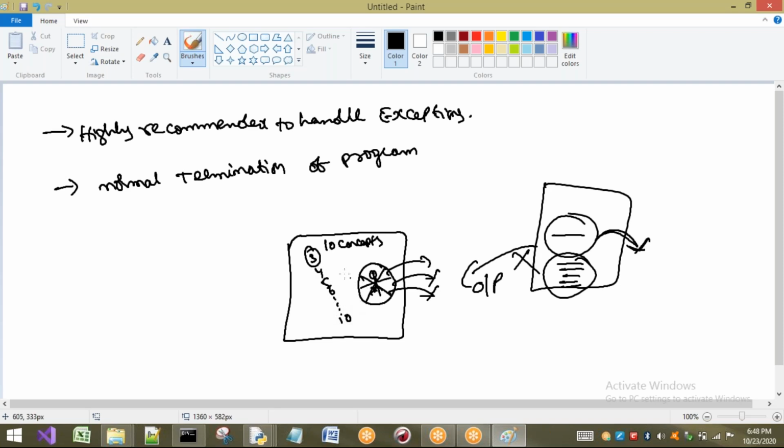That means it is a normal execution, normal termination. But if I stop when he makes some noise, it is not correct. It is abnormal termination. So the main objective of exception handling is to terminate a program normally.